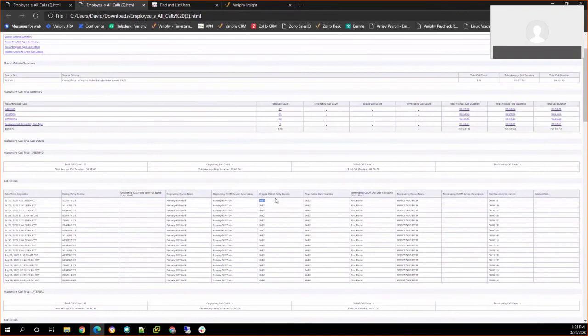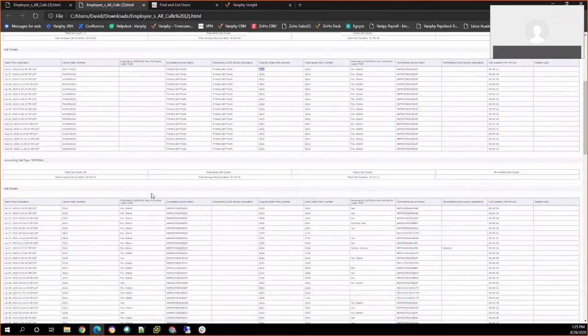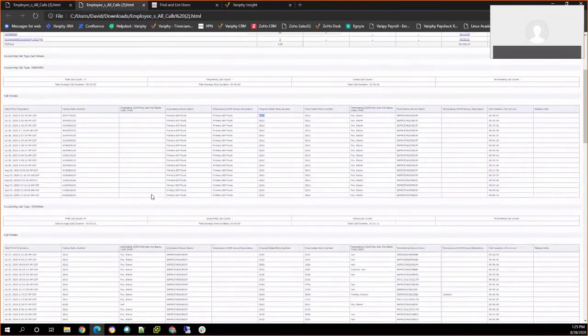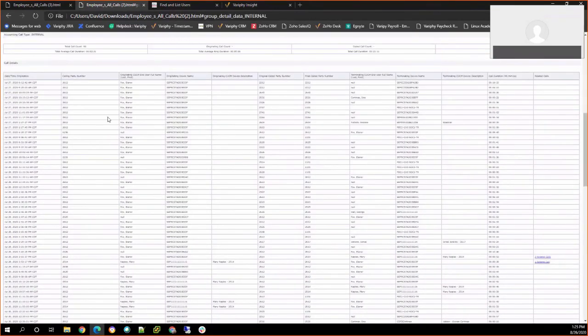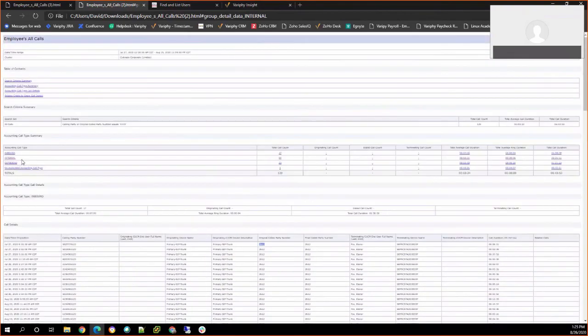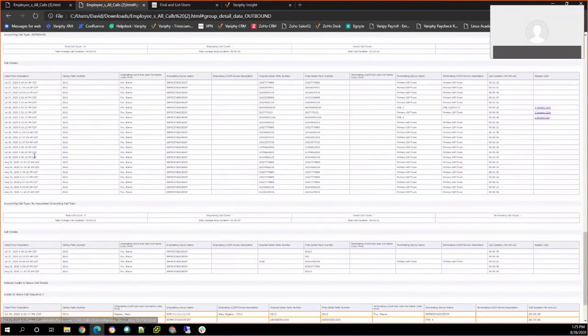And so with this, I could see that there are about 17 inbound calls for Eleanor. Okay, scrolling down, we're grouping by the internal direction. A lot of internal calls, 84 internal calls that Eleanor was involved with. And then again, just redirecting ourselves here. The last call type is outbound. All right, so 23 outbound calls, average call duration, some other summary statistics, but here are the details for these